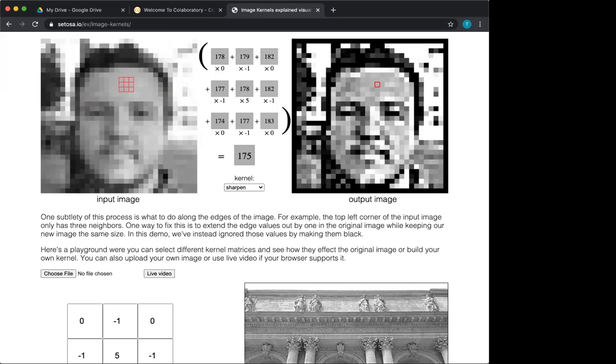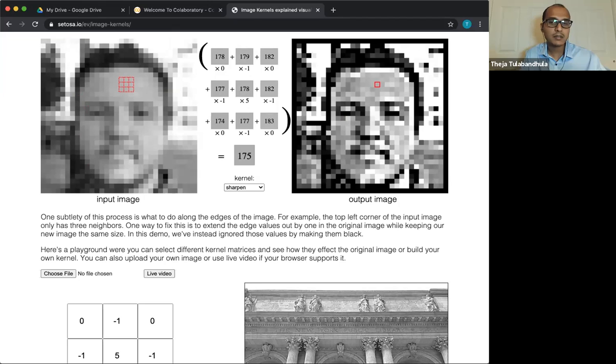Since the grayscale image is scaled between 1 to 255, if you go to the white area, you can see that it is 255 essentially. If you go to the dark areas, it's very close to 0. I don't think there's a black here, but essentially very close to 40s, let's say, in this example. But if you look at the operation of the filter, it's essentially